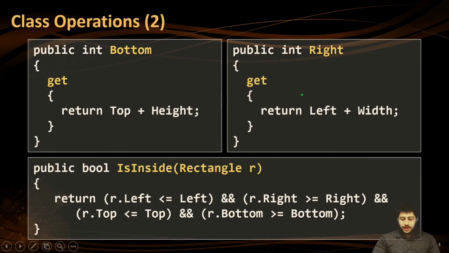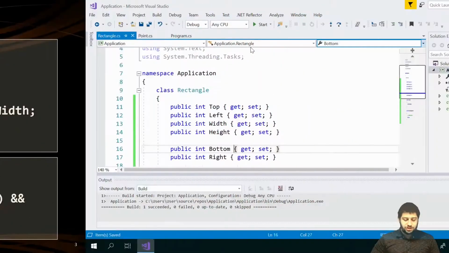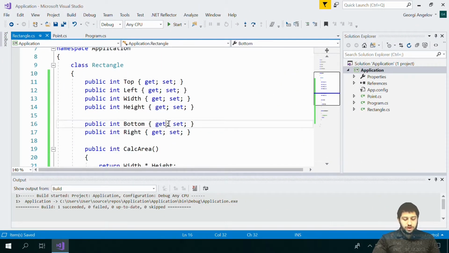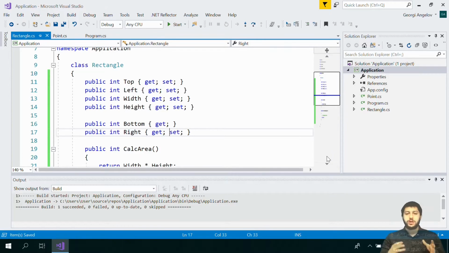And this one is just the left property plus the width. Let's see it in action actually. So if we go here, we just remove the set, so we don't want people to be able to change the bottom right corner. Okay, so in this particular example, we would like people to change only the top left